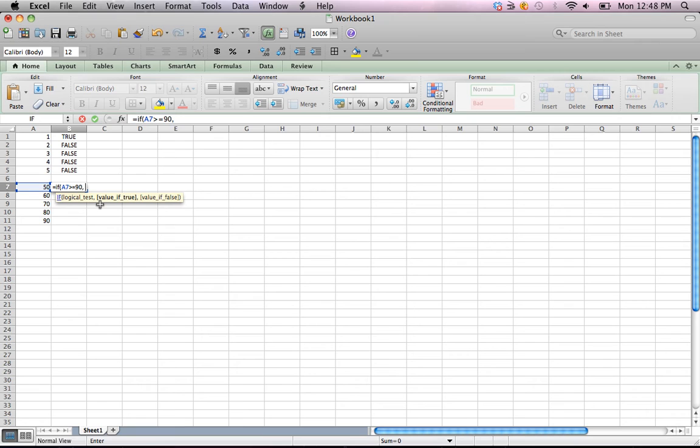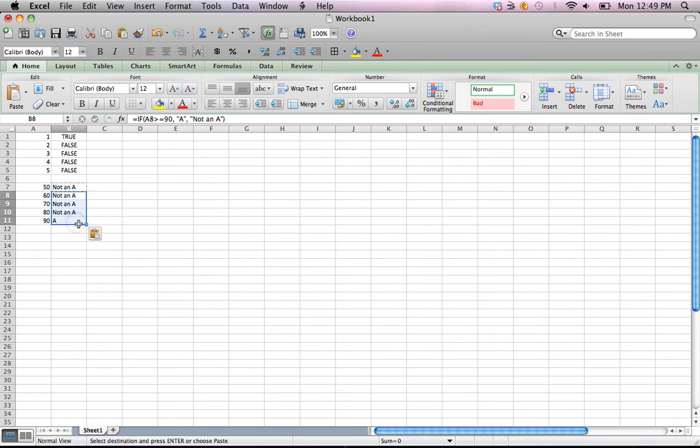My output here, now because I'm not putting true or false and I'm actually putting a character or word that needs to be returned, I have to put it in quotations, so A. If it's false, I'll put not an A. Okay, so 50 is not an A, copy, and I'll paste this in. Okay, so now I've got, just similar to what I saw before, not an A, not an A, not an A, not an A, and then 90 of course fills the criteria and it shows up as an